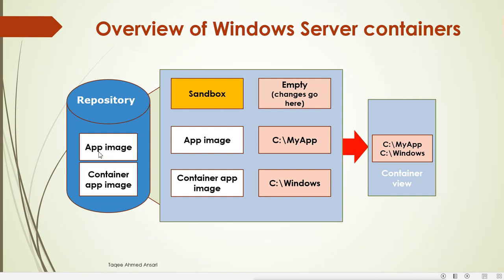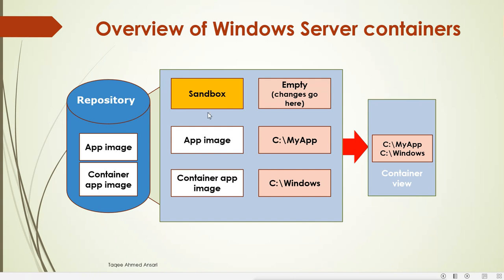Now that is called a container, and all those containers we can get from the repositories. We have online repositories where we can download these containers. These are pre-built containers which we can download from the internet. That is called a repository, where we can download the container image and application images.